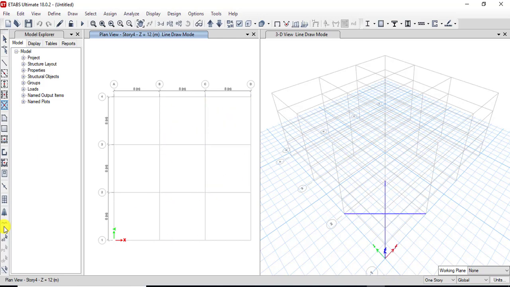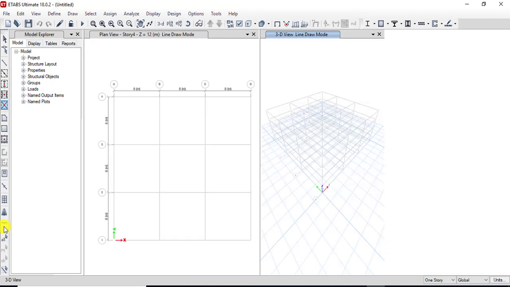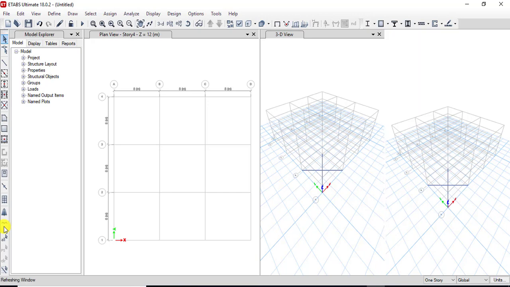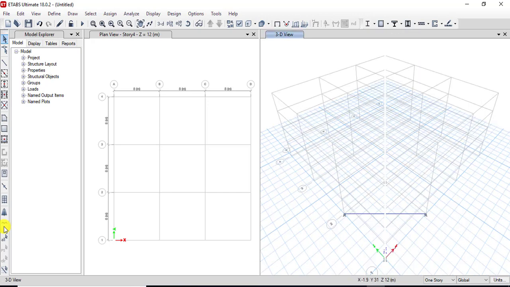And here we have a default user interface which is divided into two parts. If you want to add another window, let me click here, and then here we have an option called Add New Window. Click on Add New Window. Now here you can see we have added another window. We can also change this window from 3D to plan or elevation. We're going to see that in the upcoming video. If you want to close this window, just click on the close option. Now here we have only two vertical windows. One is plan view, another one is 3D view.